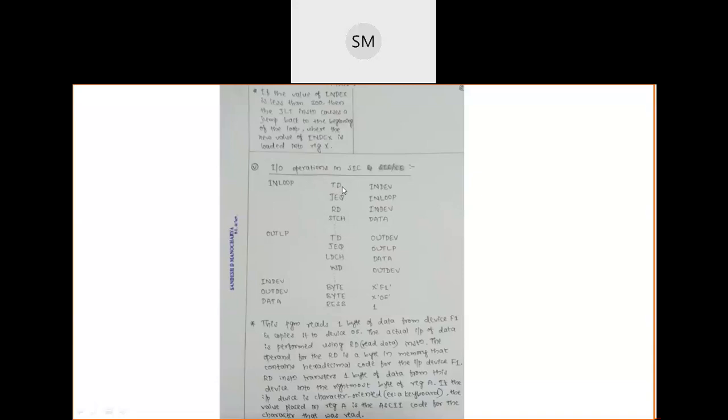Once again, you just test the device. Test device. Which device? Input device. Again, if it is equal, then again go back to in loop and execute this TD until that device becomes free. Then you keep on executing this loop. Once that CC value is less than, then only this JEQ instruction will be skipped and your control will